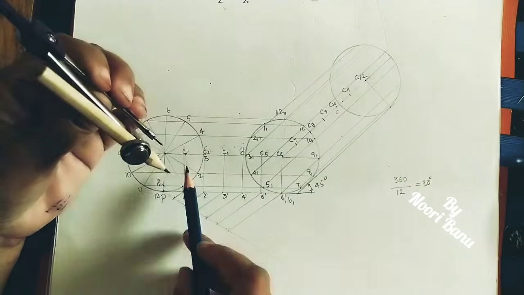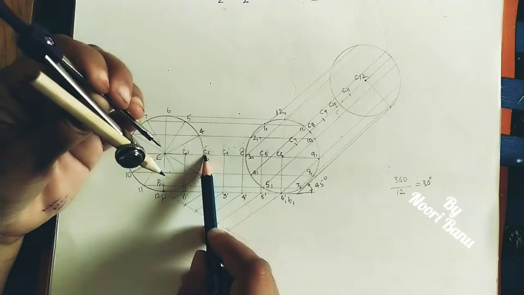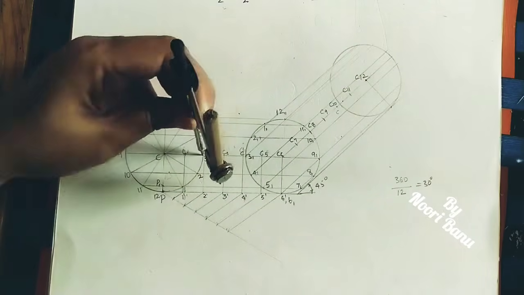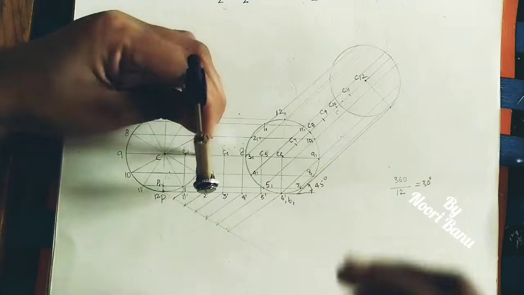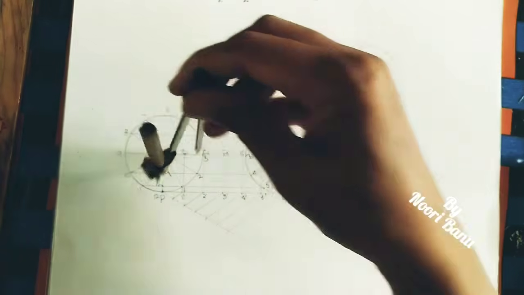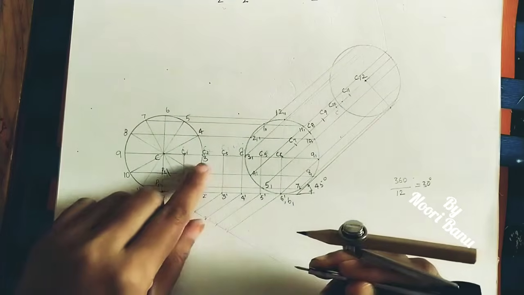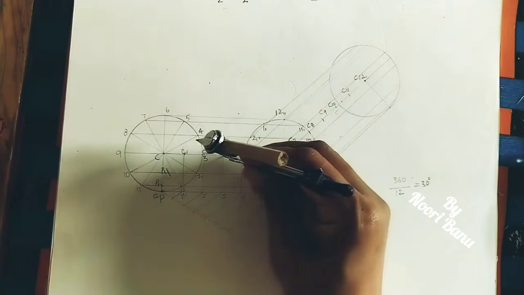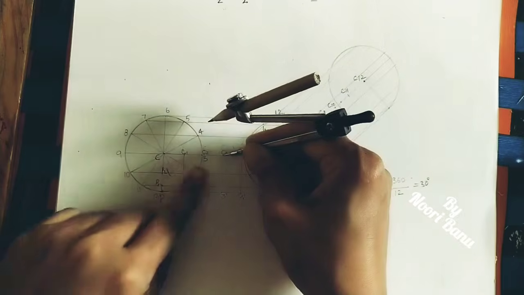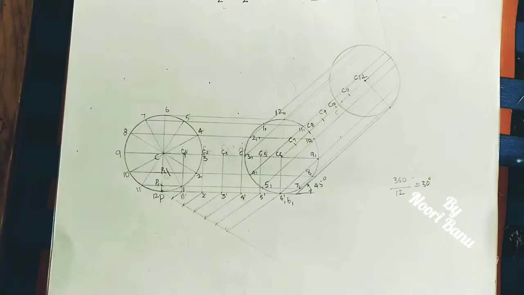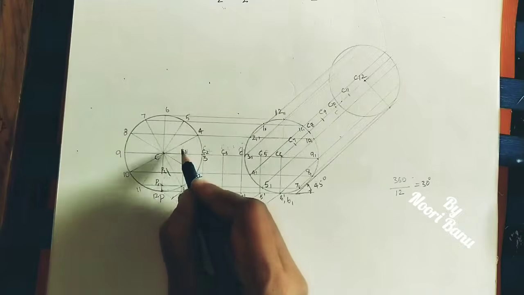Okay, this point. The center is moving from C1 to C2. We are taking the same radius, that is the CP distance. So if C2 is the center, do an arc on the second line which is passing through 2. Mark that point as P2. At this C2, it is traveling to C3. Take C3 as center, do an arc on the third line which is passing through 3. Take that point, this point is P3.